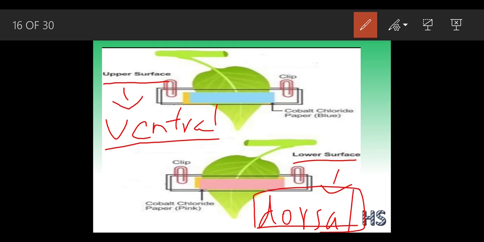See, on the ventral side, it is nothing like that. Even though transpiration does occur from the ventral side, the blue paper is going to take a lot of time to turn pink. So this experiment clearly symbolizes that there are few openings on the upper surface, that is the ventral side. Okay,